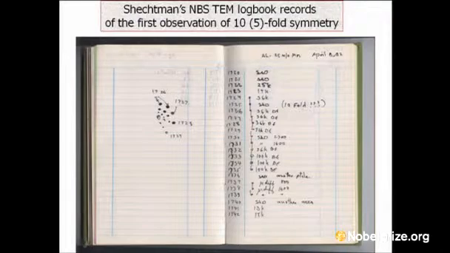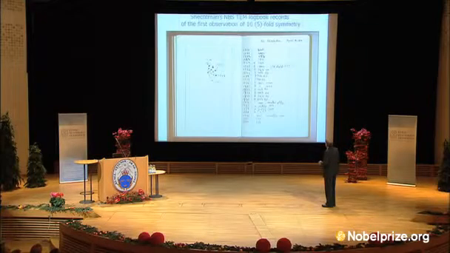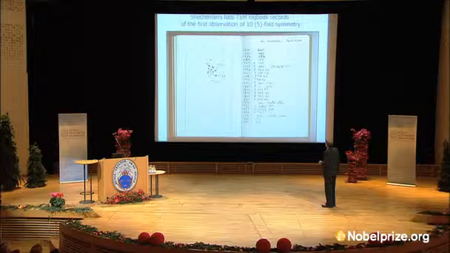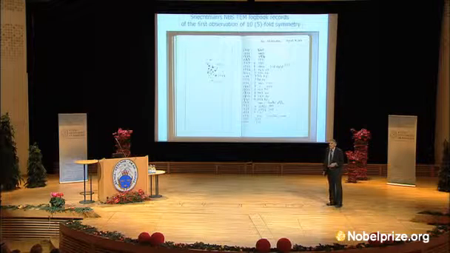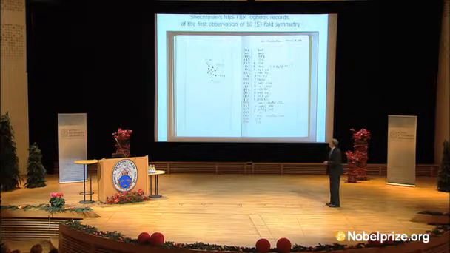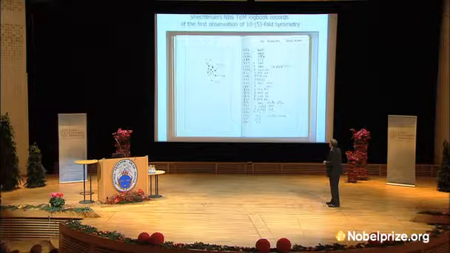So this page says the following. First of all, the date is April 8, 1982. The alloy I was studying is aluminum 25 weight% manganese. SAD means selected area diffraction in the electron microscope, and so on and so forth. So I took a few pictures. And then plate number